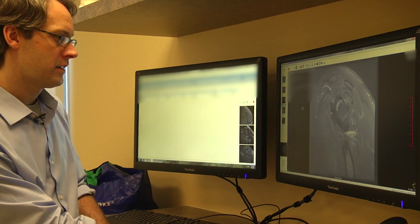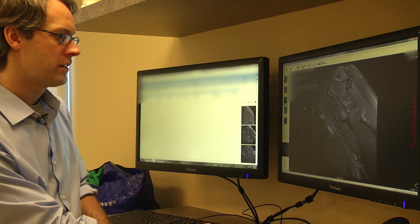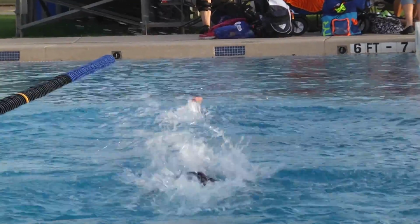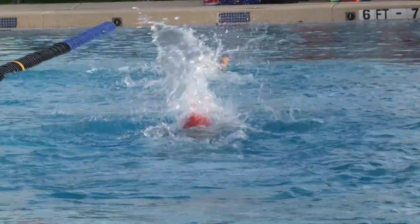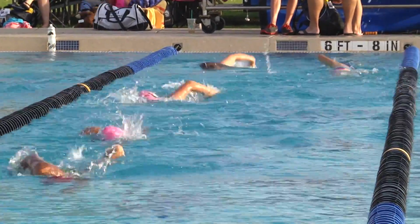We talked to Dr. William Patterson from OrthoArizona on some of the most common injuries swimmers can face. As you can imagine, swimming is a very heavy sport involving the shoulders. And so there's two main problems that can happen in the shoulder, and one of those is the imbalance between focusing on too much muscle strength in the front versus the back. And so what happens is the shoulder blade starts getting a little bit out of whack,